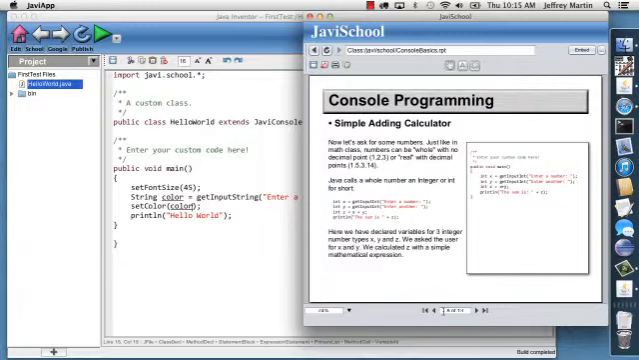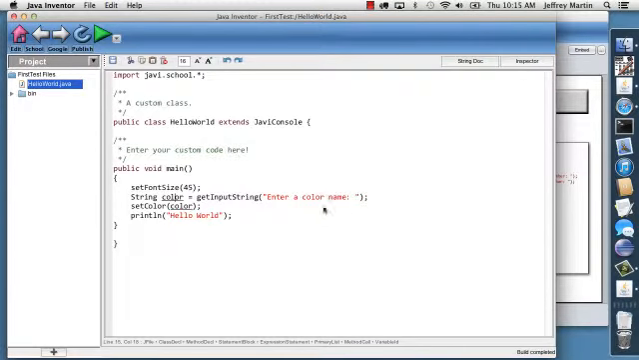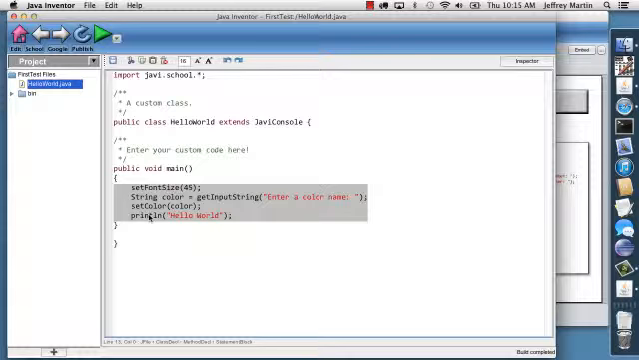So now let's go ahead and use our input. Instead of getting text input, let's get some number inputs, and we'll create a simple calculator. So we'll write a program that might actually be useful if we're in math class. So I'm going to go ahead and delete everything here,